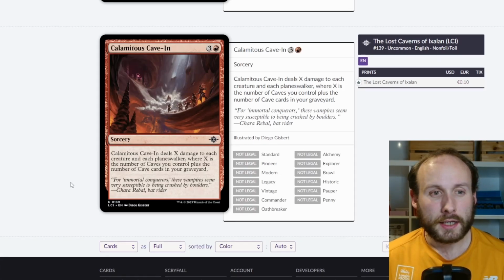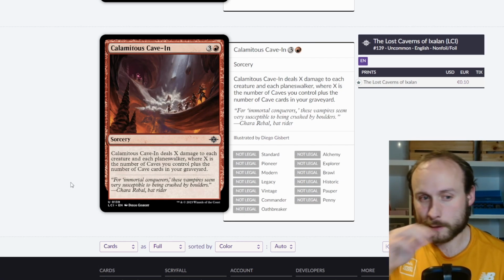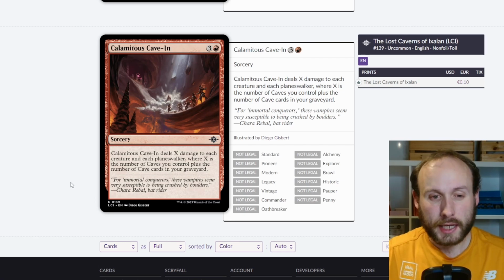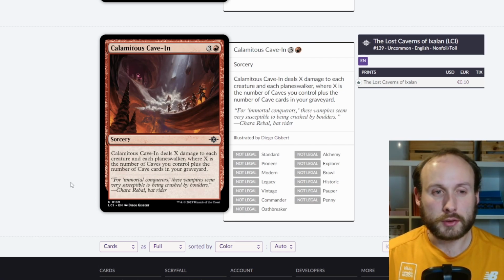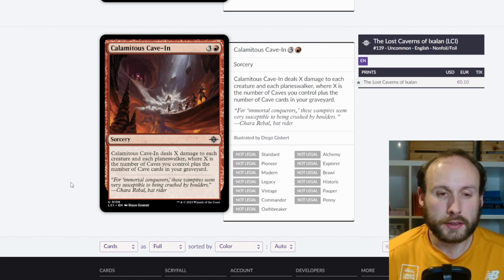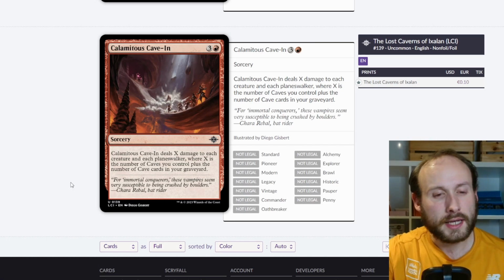Okay. Then we have Calamitous Cave-In, a 4-mana sorcery. It deals X damage to each creature and each planeswalker, where X is the number of caves you control, plus the number of cave cards in your graveyard. So again, in draft, you probably won't have that many caves, because you can't necessarily pick that many for your deck. But in Constructed, if you're going to make a deck full of caves, then this can do, well, you need to have like at least 4 for this to be kind of on the level of like Brotherhood's End,